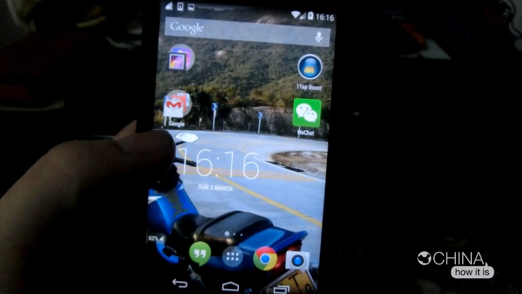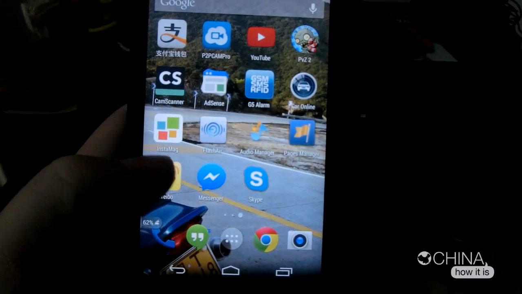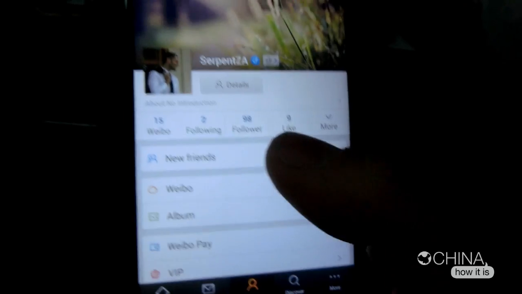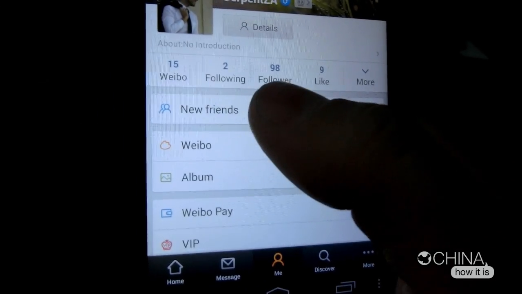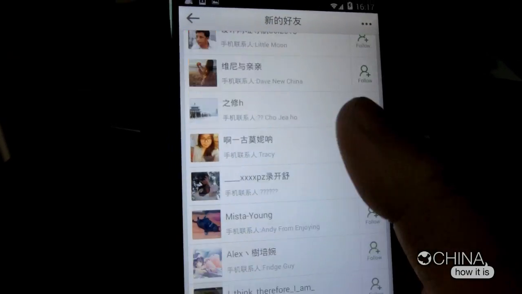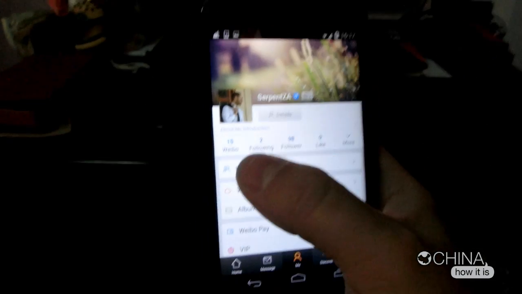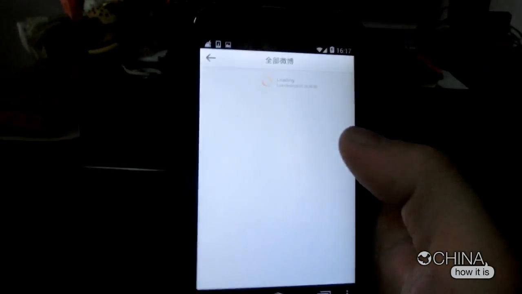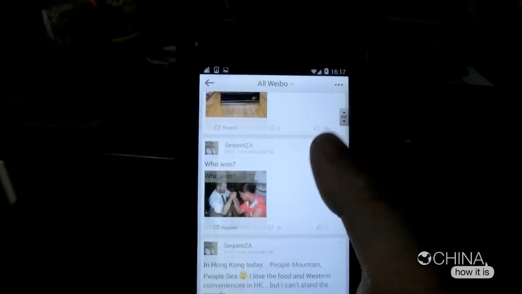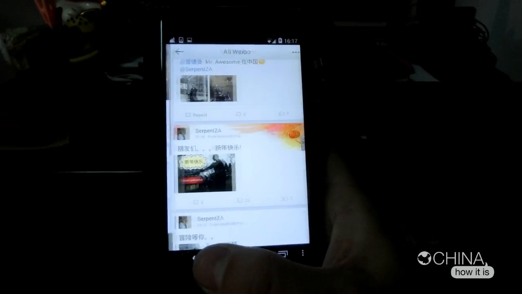All right, guys. Let's take a quick look at how the whole Weibo thing works. There we go. I'm doing the whole left-handed thing again. Give me a second. Swap hands here. Okay, Weibo, as you can see, is very straightforward to use. You've got your friends. It'll tell you who's following you or who you can follow. And you have your Weibo, which are your posts basically.